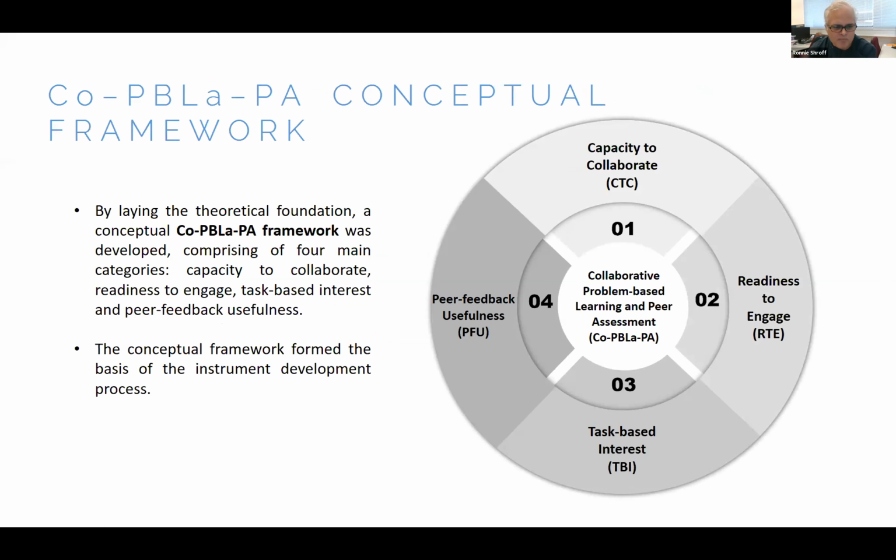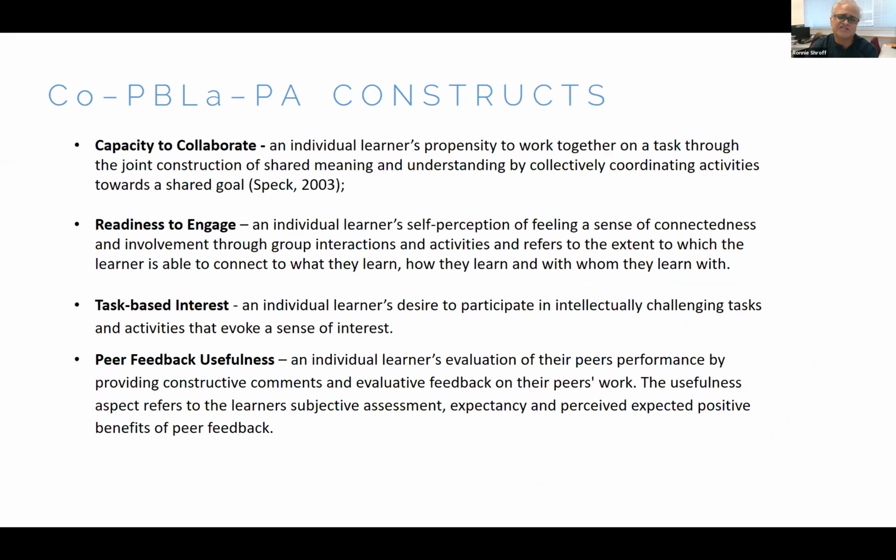So it really is a matter of going back to the literature, reviewing the literature, and then identifying, not only looking at some of the instruments that were also developed to measure collaborative learning, for example, and then generating a list of constructs and coming up with a framework. So here we have the different constructs, 4 constructs: capacity to collaborate, readiness to engage, task-based interest, and peer feedback usefulness. These 4 constructs really form the basis of our instrument development process. Going through each of these constructs very quickly,